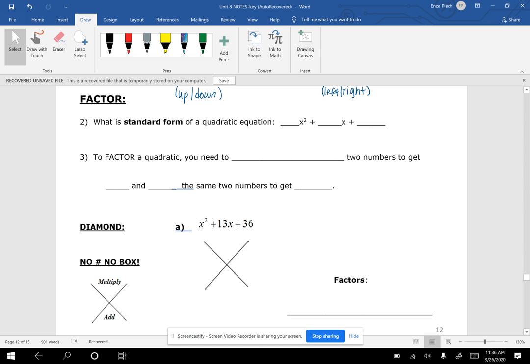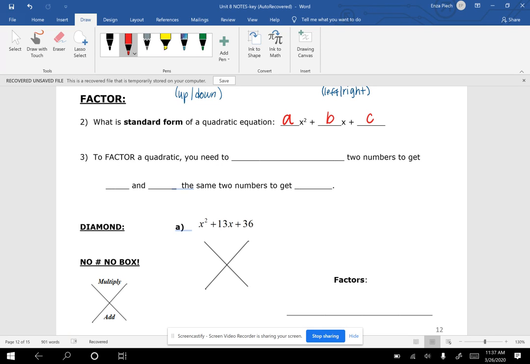Okay, continuing on page 12 in our Unit 8 pink note packet, let's just remind ourselves, we wrote it at the top of the page, but it's really important that we identify the standard form for a quadratic, which we should know from our parent functions that we worked on last unit. We should have ax squared plus bx plus c, where c is our constant and a and b are both